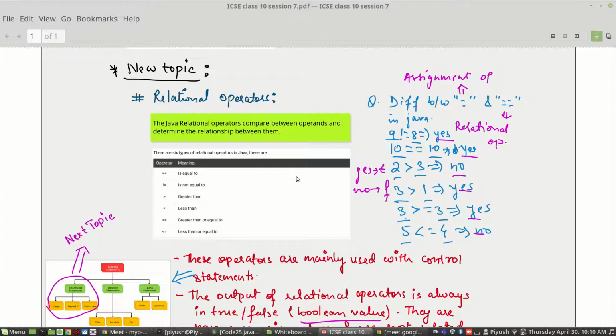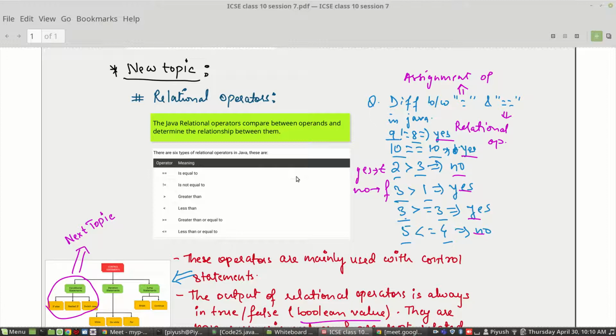We have already seen arithmetic operators: plus, minus, asterisk, forward slash for division, and the modulus operator for obtaining the remainder. Similarly, now we have another set of operators, collectively known as relational operators, which compare operands and determine the relationship between them.